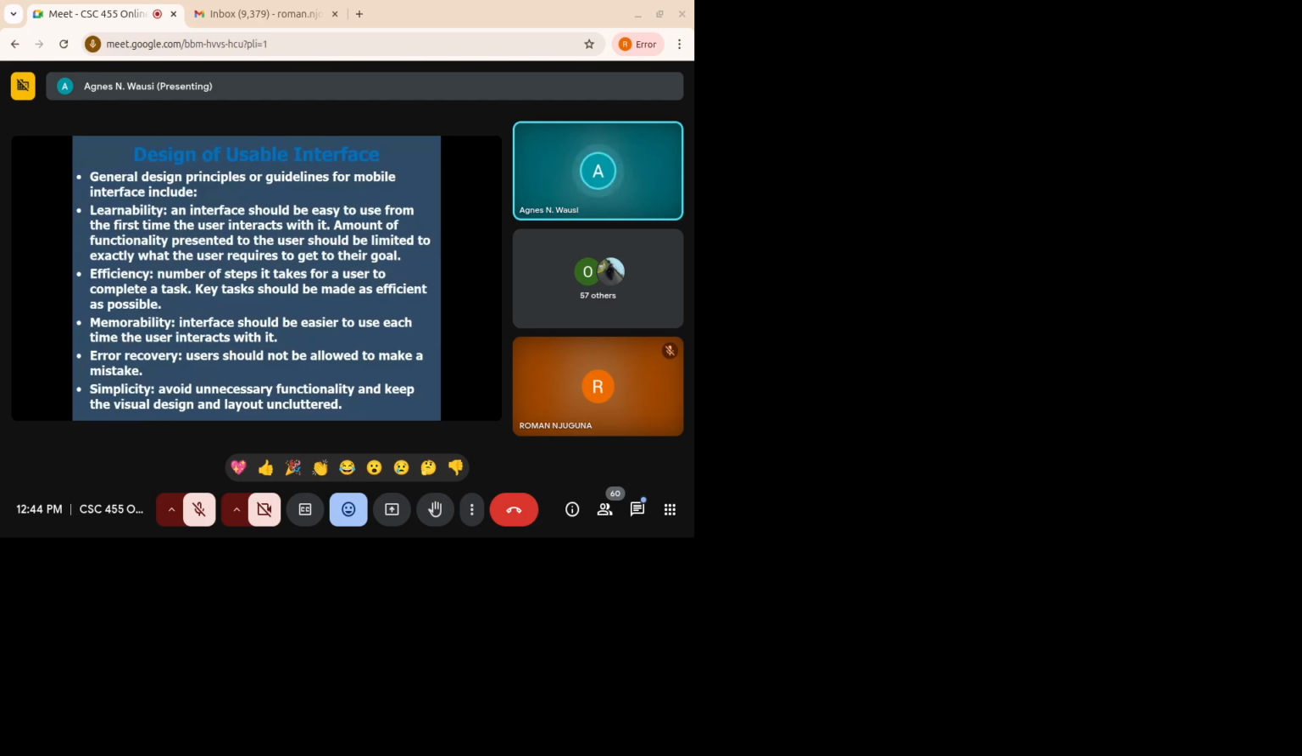The tasks are made as efficient as possible. In terms of the time it takes, the memorability, the interface should be easier to use each time the user interacts with it. So you're able to learn something, that actually I saw this and it's a function that I can use the next time. Yeah. So for example,